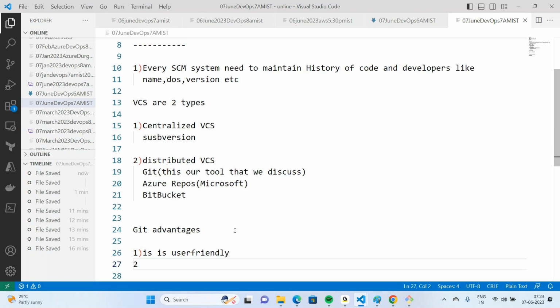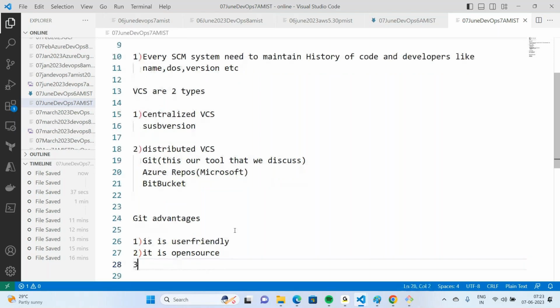Second one is open source. What do you mean by open source, guys? The code is available in GitHub. You can take the code, you can customize according to your requirements. And one more popular reason why Git has